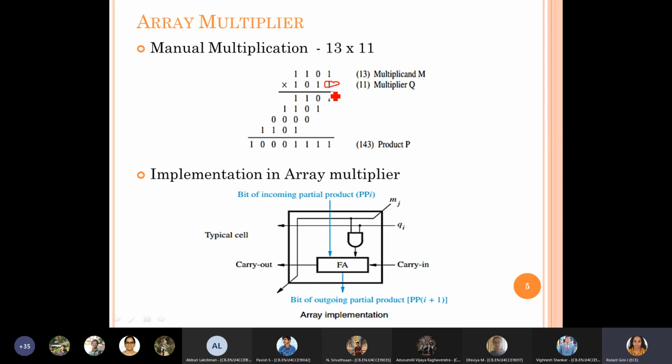The only thing that changes is the way we implement it. The basic hardware components and the interconnection to achieve the function may be different, okay? But the basic logic behind implementing it will never change, okay? So we check on Q, each and every bit of the Q value we check, and if it is 1, M will be added to the next stage.